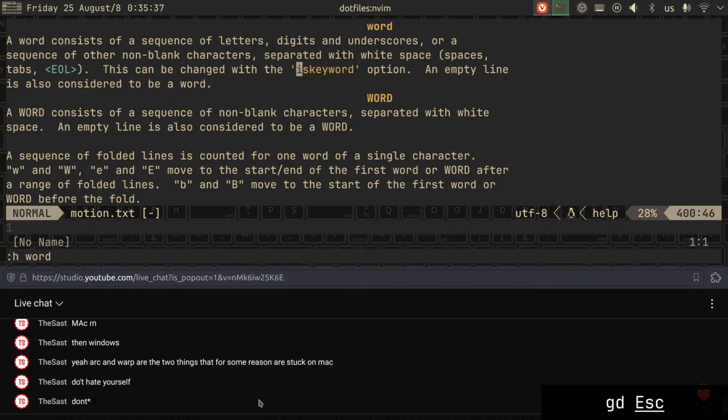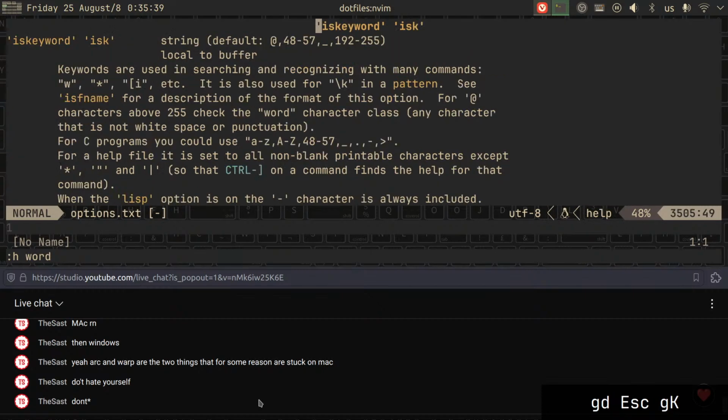So, in other words, if we include those special characters, they will just be considered as a word and will not be separated, which I'm not sure is what I want,